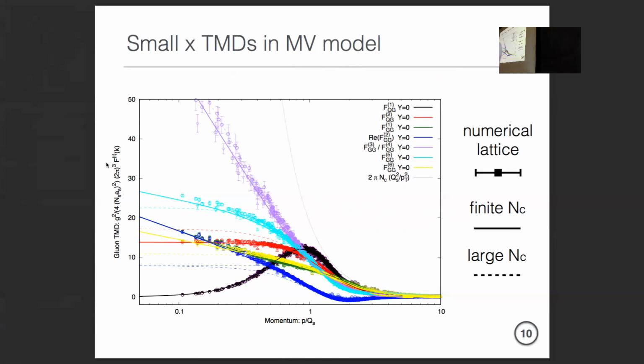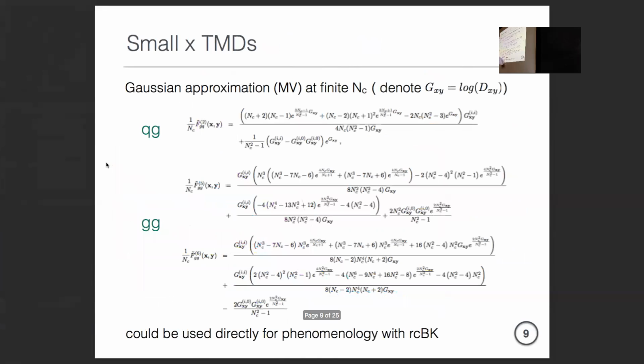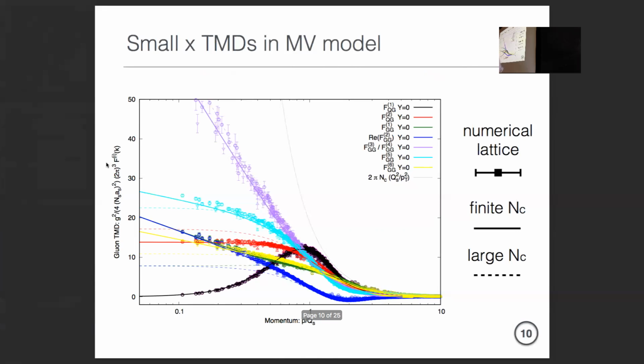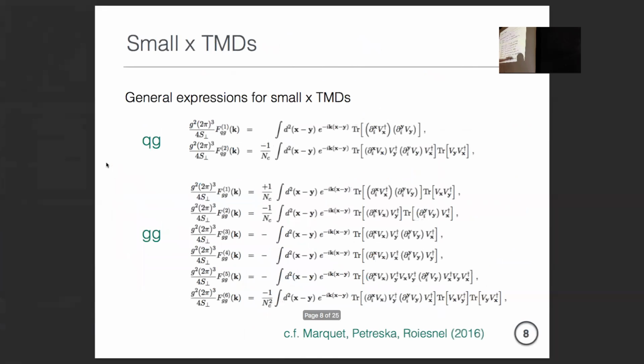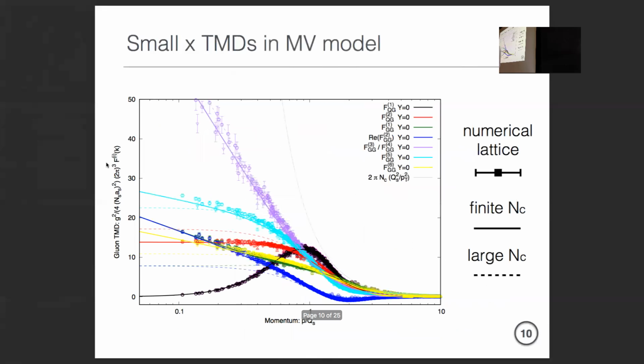So I put the MV model on the lattice ones, and in the other case, I use these formulas over here in the simpler ones. I want to know whether these formulas are right. This is a cross-check in the sense that the two agree, but it's a non-trivial cross-check because, as you may imagine, putting an operator like this on the lattice is not exactly a piece of cake. This was done before by Elena, for instance. Nice cross-check of the calculations.